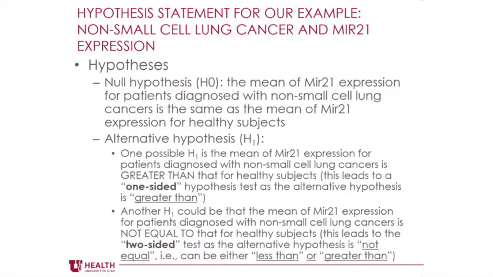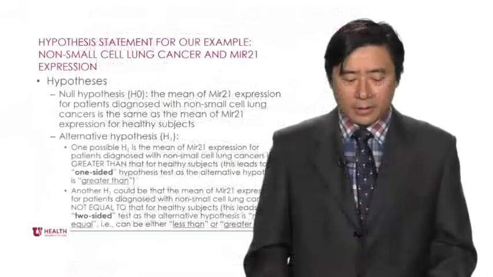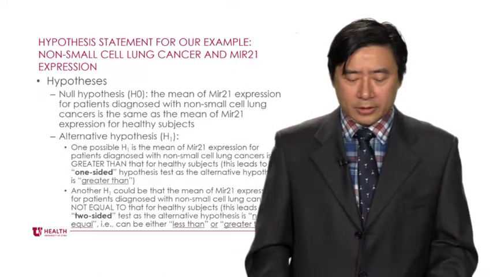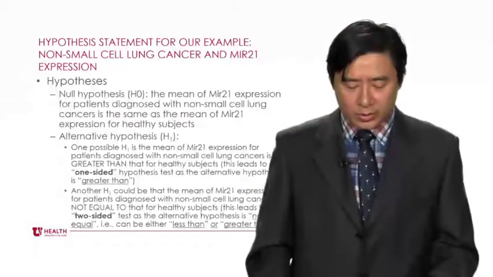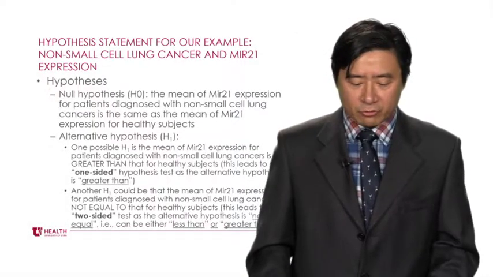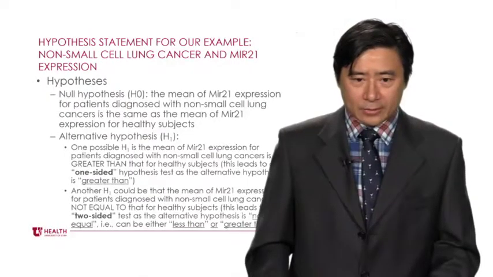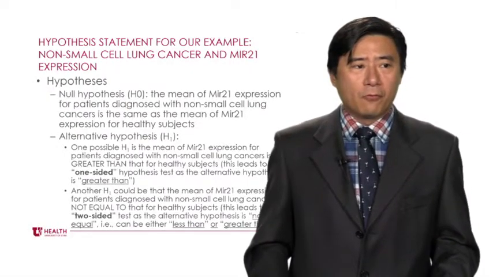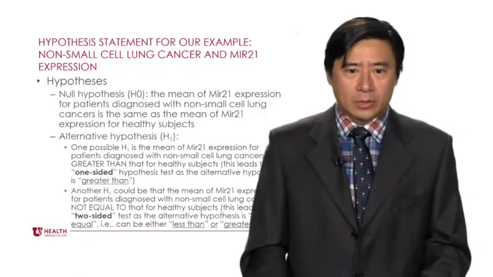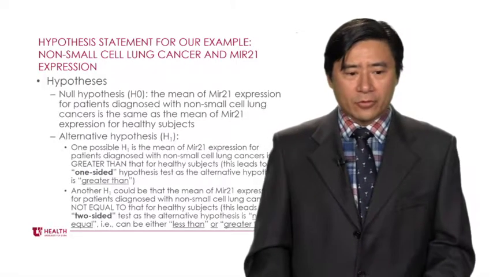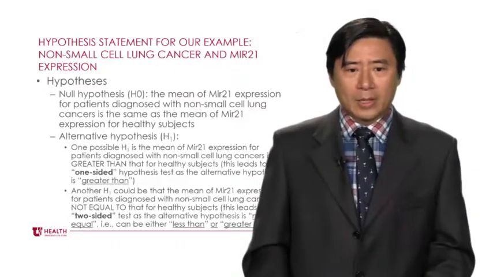So not equal can mean less than or greater than. This type of alternative hypothesis is usually used when you do not know the direction. That is to say, you don't know for patients diagnosed with non-small cell lung cancer, whether their MIR-21 expression